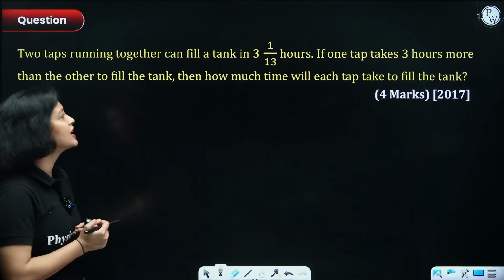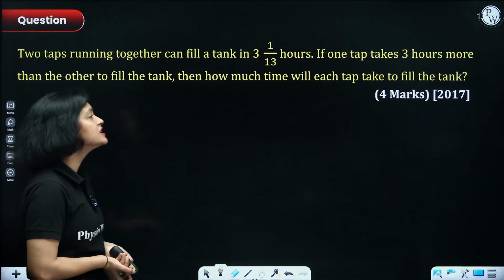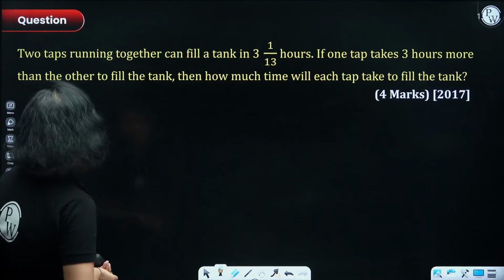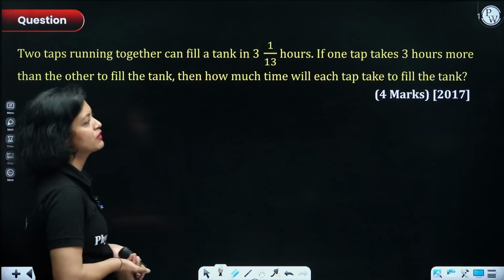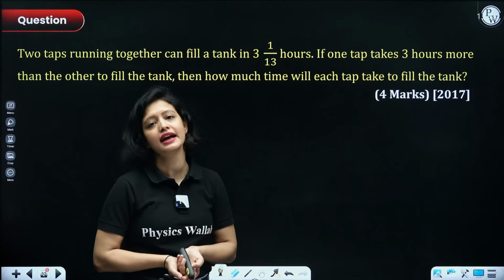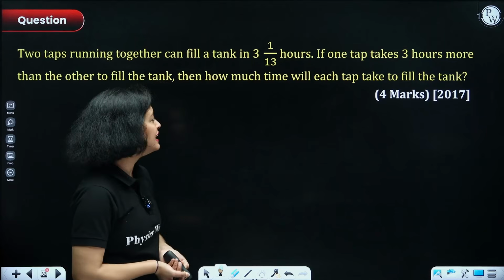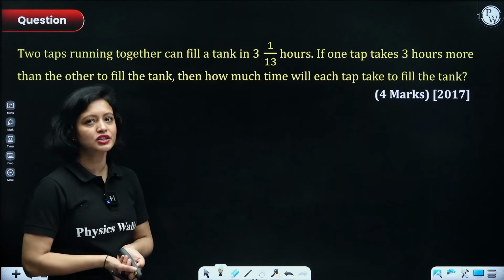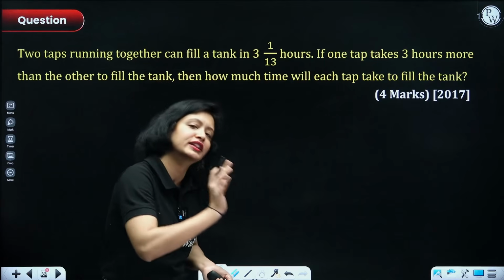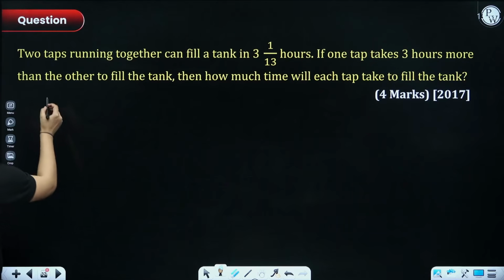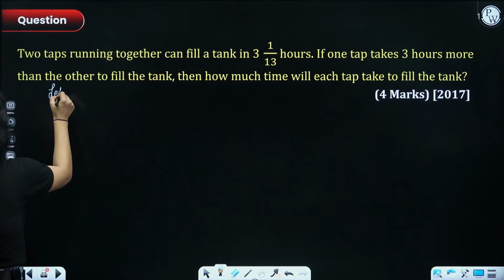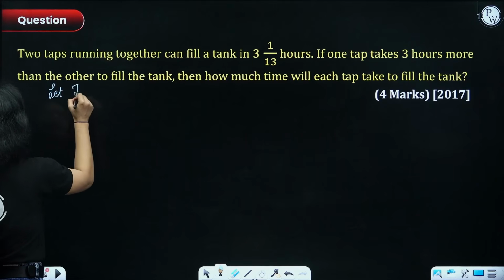Two taps running together can fill a tank in 3 1/13 hours. If one tap takes 3 hours more than the other to fill the tank, then how much time will each tap take to fill the tank? So basically we have two taps and the time period is asked for each of them to individually fill the tank. Okay? So let's say that the time taken